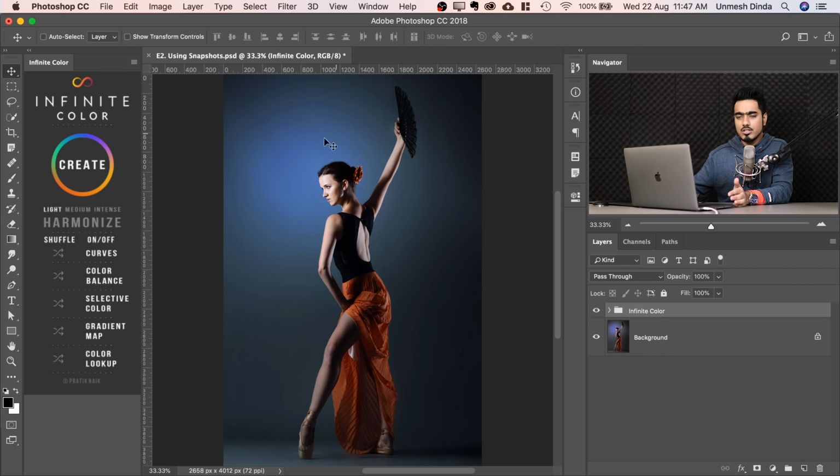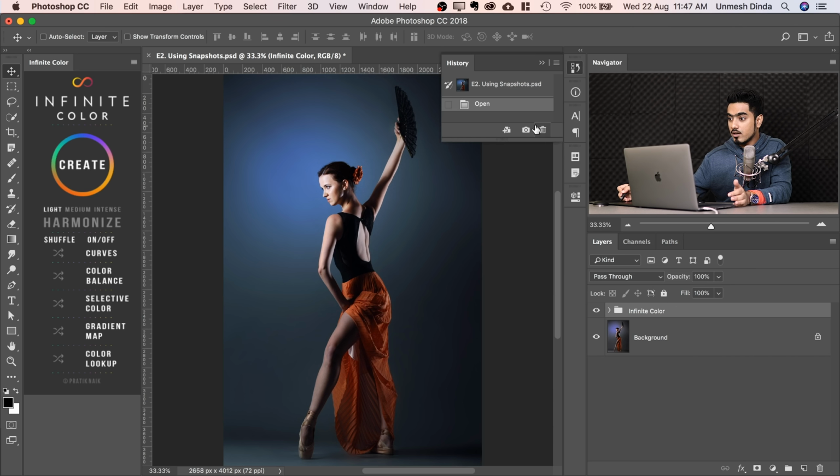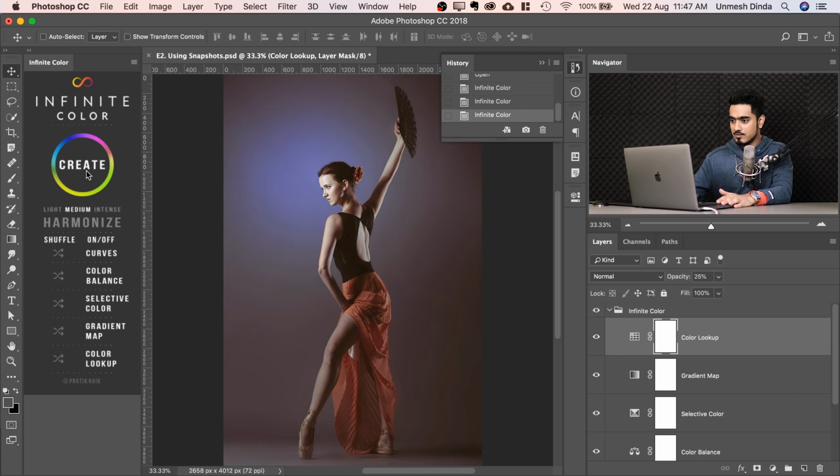So for example, you like this look. You would go to Window and then History. Now inside of History, you would click on this camera button. It creates a snapshot. And that's what cameras do, take a snapshot. Now, click on Create. Let's select Medium. I like that as well. Click on the camera button. Click on Create, keep on clicking,